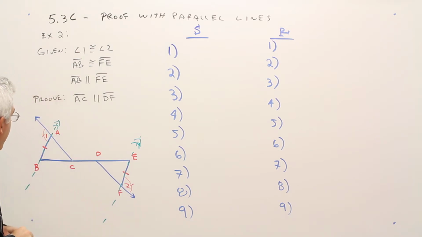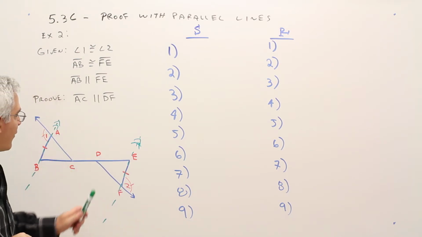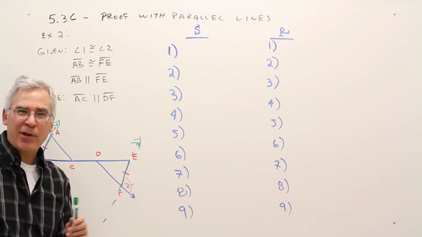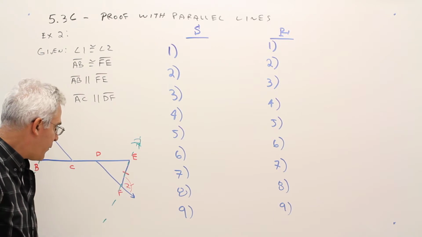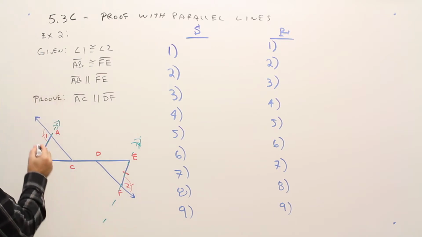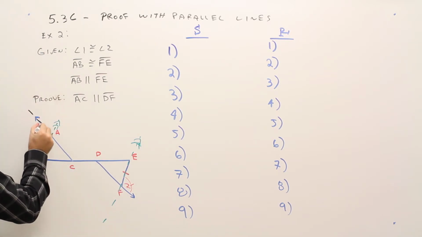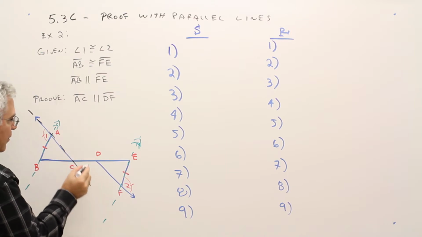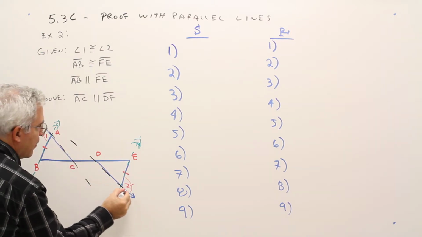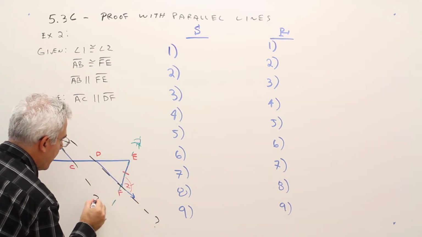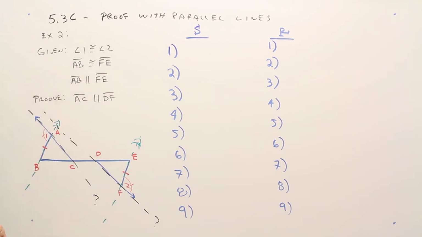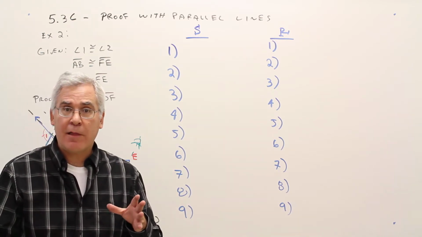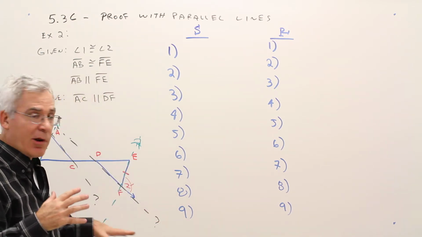I want to prove that AC is parallel to DF. So it gets a little bit confusing when there's multiple parallel lines. I will use a different color here. I'll use black. So what I'm trying to do is to prove that those two black lines are parallel. Okay, so what I'm going to do is, like I usually do, start with what I'm trying to prove and